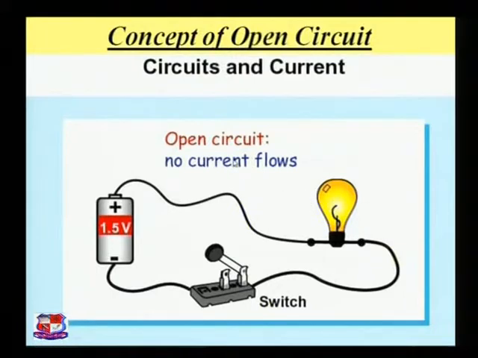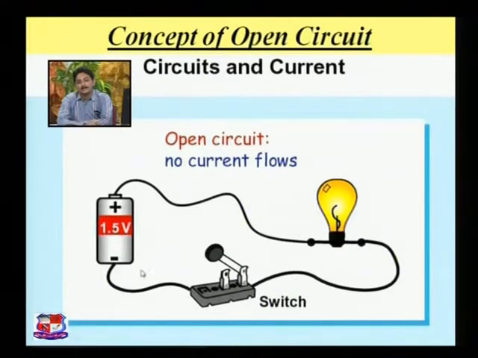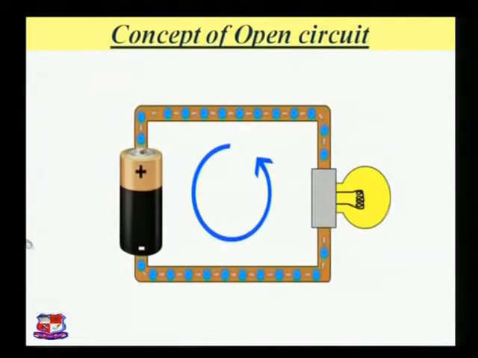See the figure of the open circuit. Here the battery and the wires are connected with the bulb, and some portion is connected with the switch, and the other terminal of the battery is also connected with the switch. But the switch is broken here, which means it doesn't have a closed path, so it is an open loop circuit. You can see that the bulb will not glow. So in an open circuit no current can flow and the output device will not work. It's just an example of the open loop circuit.